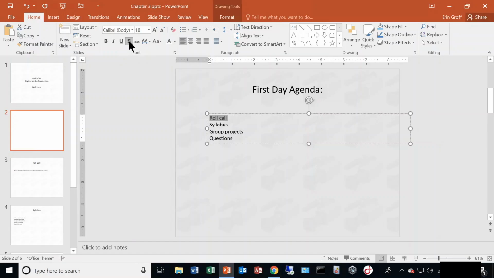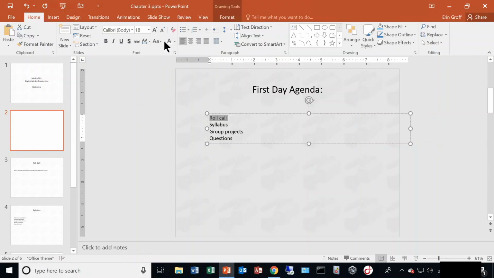You can add a text shadow to that, a strike through, which is one single line through your text. You also have the option to increase the character spacing. You have a drop down here, very tight, tight, normal, loose, very loose, and you can always go into more spacing options. And then you have your casing, sentence case, which capitalizes the first letter of the text string. Lowercase makes all of your letters lowercase. Uppercase will capitalize every letter. You can capitalize each word, or you can toggle the case, which is making every uppercase letter lowercase and vice